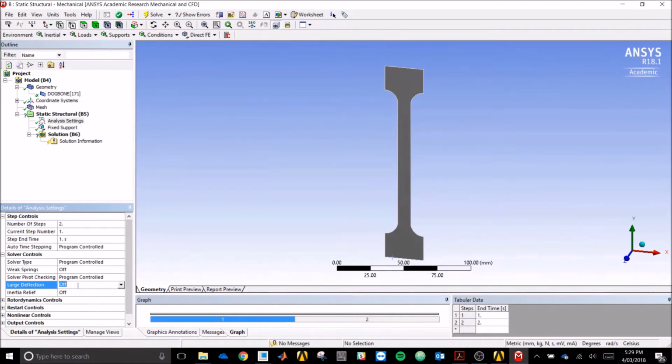We're also going to turn large deflections on. And we're going to change time stepping to on. And we're going to put in 20 sub-steps. So a minimum of 20 and a maximum of 50. So what this does is it divides the initial load up into increments of 20, gradually applies the load, calculates